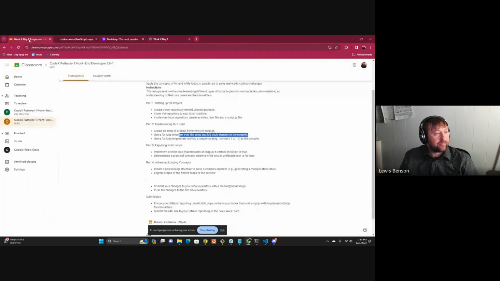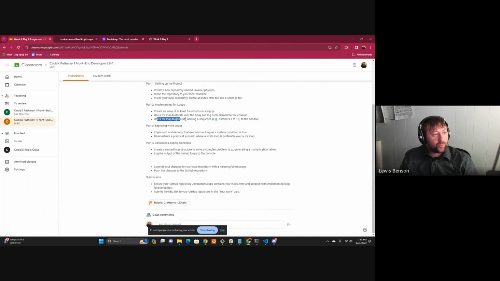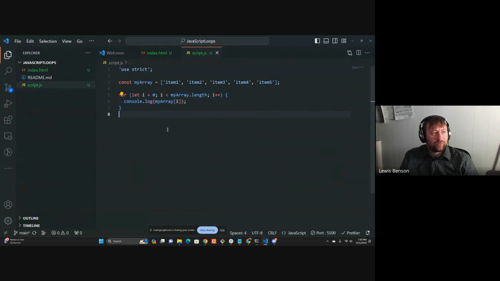Let's take a look at the next step. We're going to use a for loop to generate and log a sequence. So we want to do numbers 1 through 10 to the console. I could do 0 through 9. That's kind of boring. I want to increase it by 1 so that it shows 1 through 10. So we'll do our normal for loop declaration: for let i equal 0, if i is less than 10, put a semicolon to separate our statements, i++. We'll put in our curly brackets, and then we will say